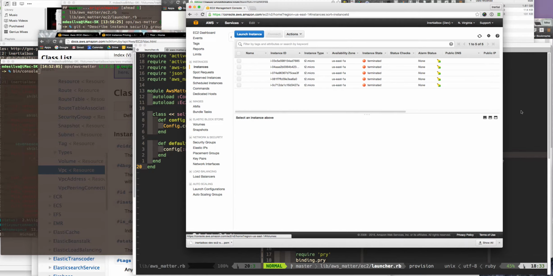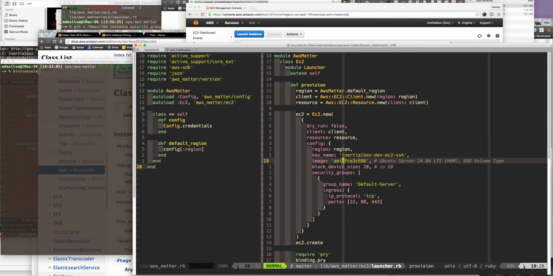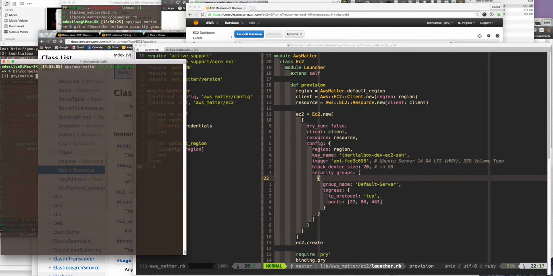And going back over here, I want to use the Ubuntu image, 20 GB volume when it boots up, and these are the security groups, the ingress rules I want to apply, creating this group if it doesn't exist. So let's go over here and we'll try pulling out the console, and I can try AWS Matter EC2 launcher provision,